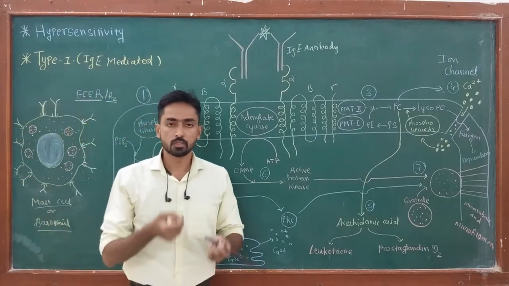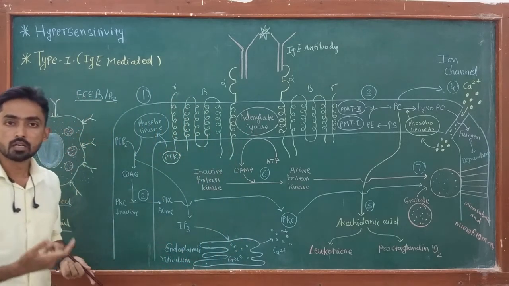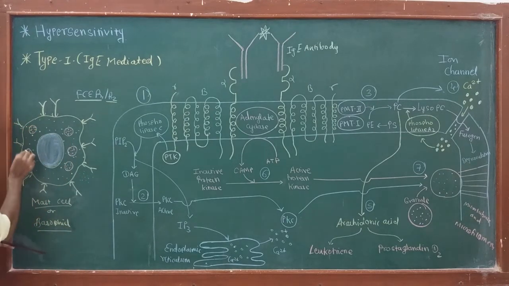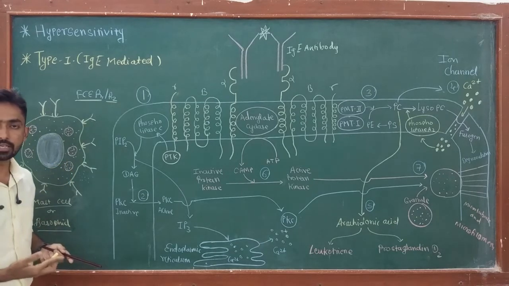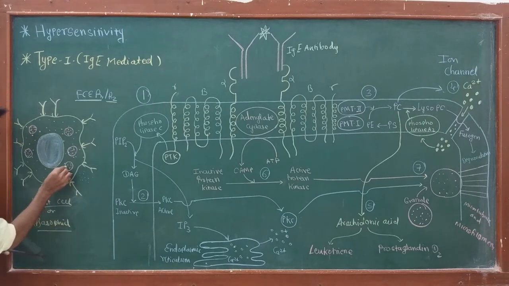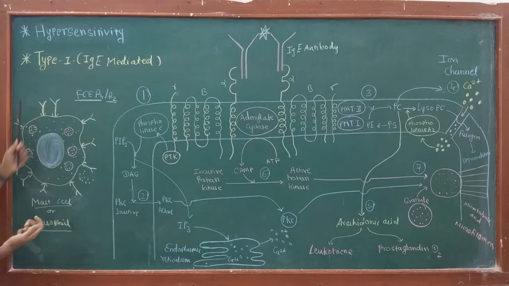Once the antibody gets attached on the mast cell, this cell is called a sensitized cell. If the same allergen enters another time, then degranulation of the mast cell occurs. What is degranulation? We know that such granules are present in these cells, and the granules contain active mediators of hypersensitivity like histamine, prostaglandin, leukotrienes or some cytokines. Once this cell releases the granule contents into the surroundings, it leads to type 1 hypersensitivity.